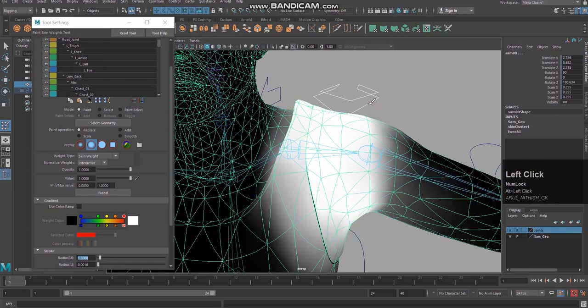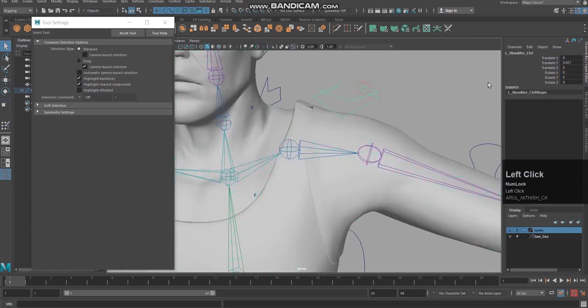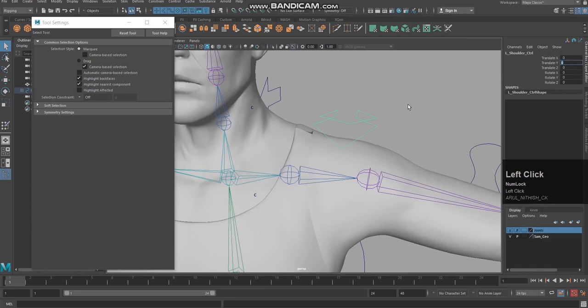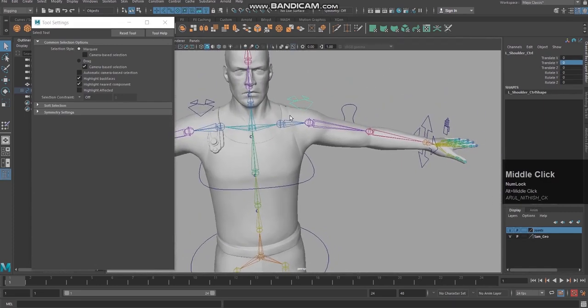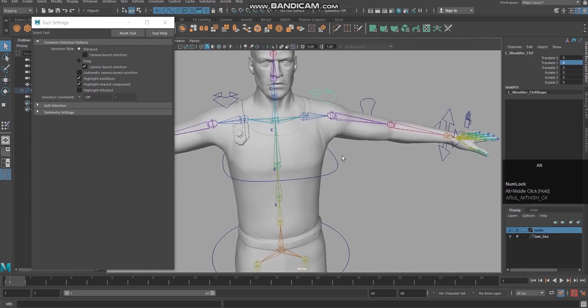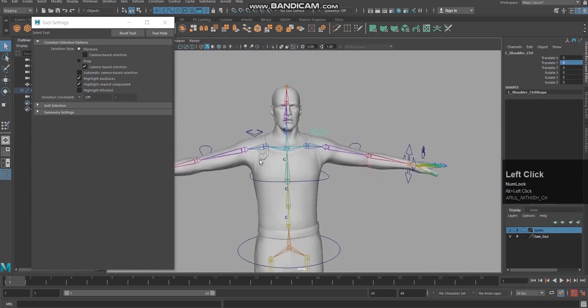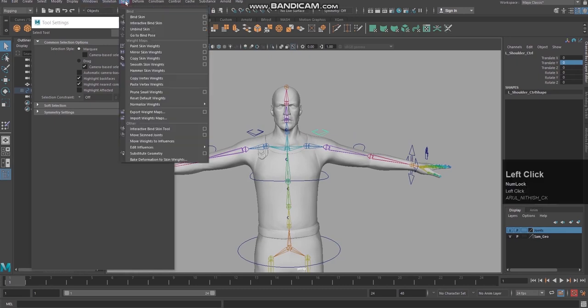Okay, so you can keep the pose and do it, but do only one side. If we need to do the other side, we simply need to remove the unnecessary influence of the bone of the opposite side. That is all we need to do for the other side. After doing one side, we need to click on the skin and mirror skin weight tool.